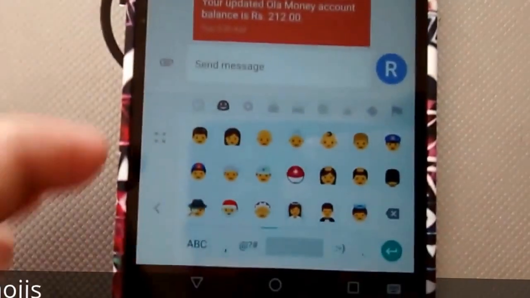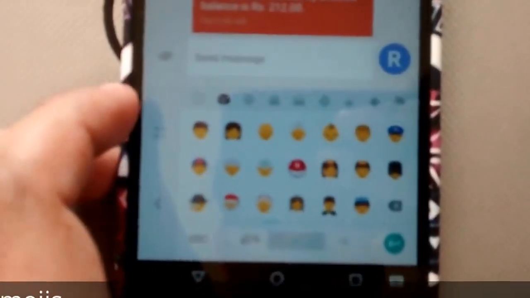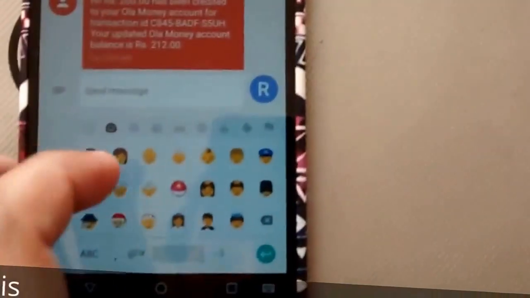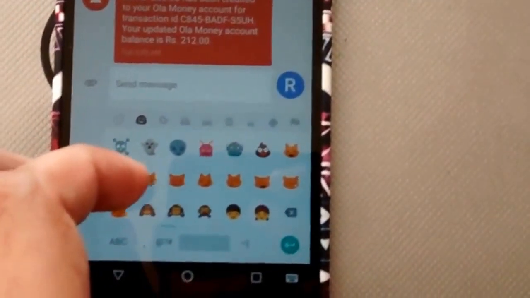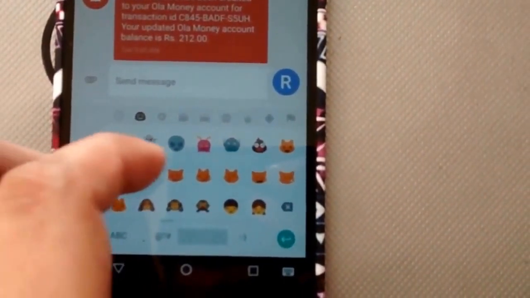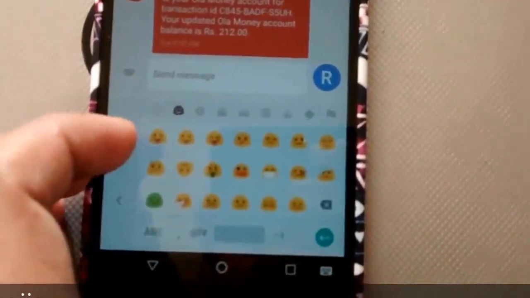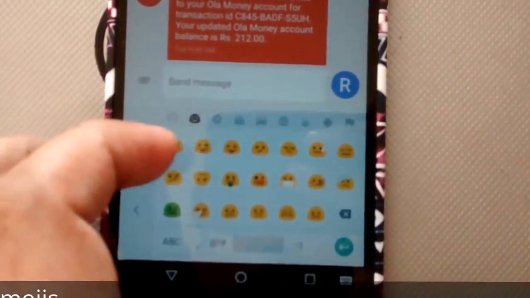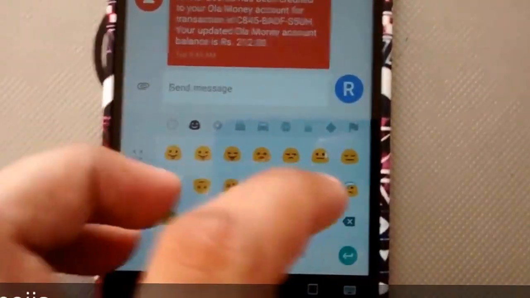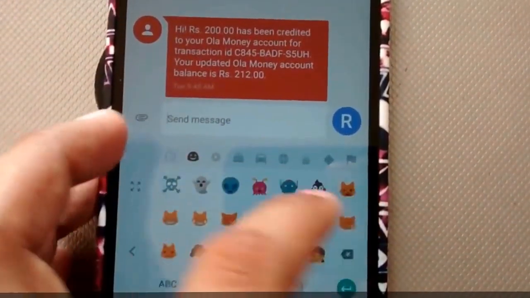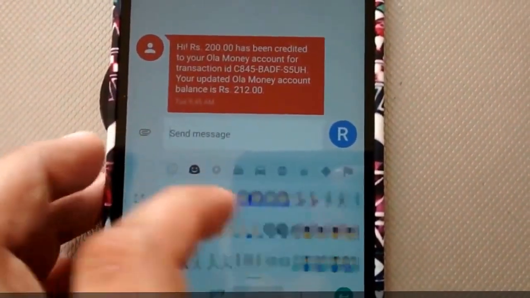I mean, these are the same emojis, but you know, these are more colored now. I don't know why this camera is not zooming properly. Maybe due to the fact that I am recording using my other hand. But see, these are the same emojis which are available in the earlier versions of Android, but these are more polished now and more customized to match up with Android N's theme.